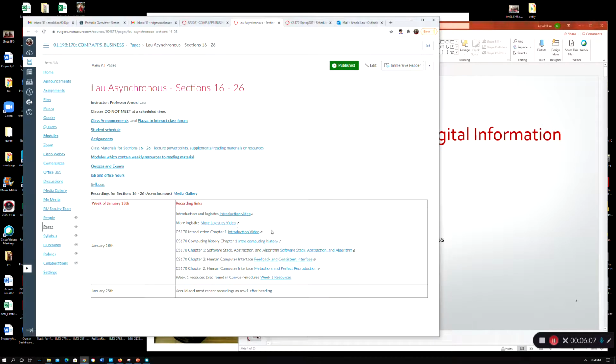Now, could I add more to this? Could I add the recitation links in here? Can I add some of the other resource links that I could potentially put in here instead of my own folder? Yes, I could. I'm just a little bit worried about having too much noise on this page as it is right now. There's a lot of stuff. The only good thing is that it's all in one place, so you just click on things on this one page.